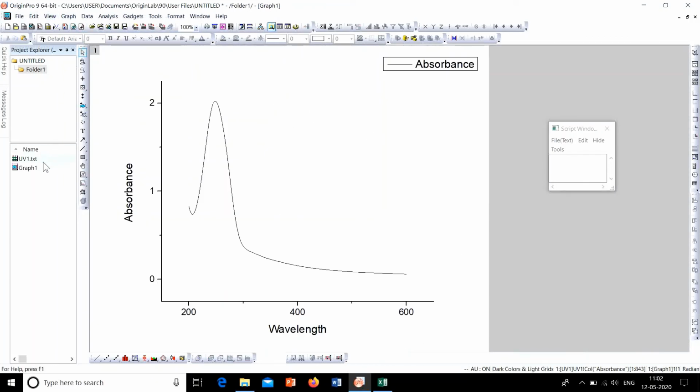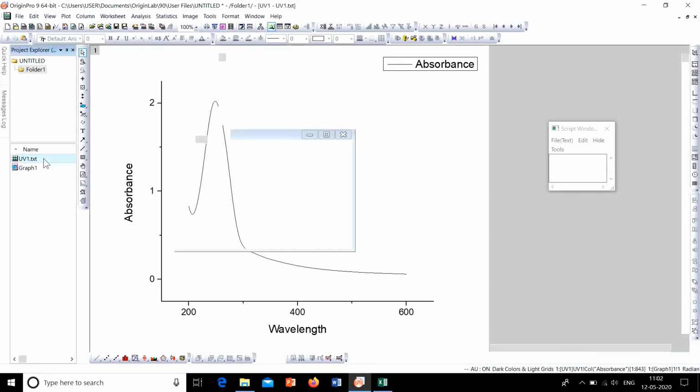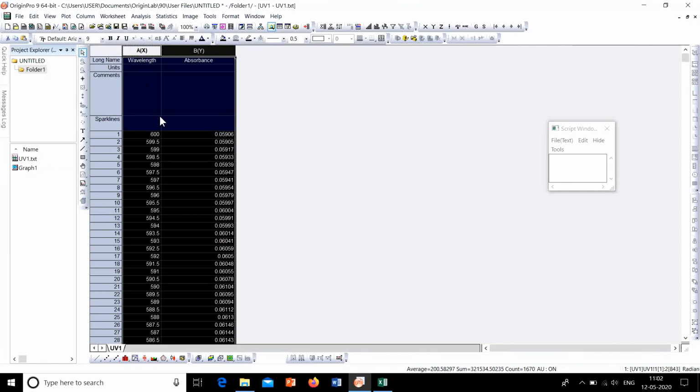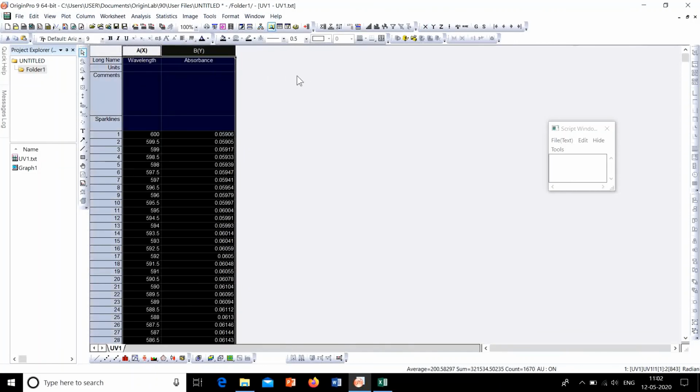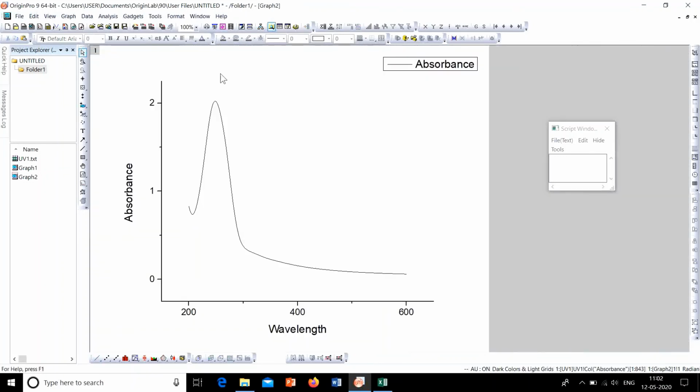Now I'll show a simpler method for plotting. This is our value or the workbook. Now select the x and y axis and just go to this line, this figure of line here. Select that, then you can see that it is getting plotted. So these are some simple techniques on how to import data and how to plot using Origin.